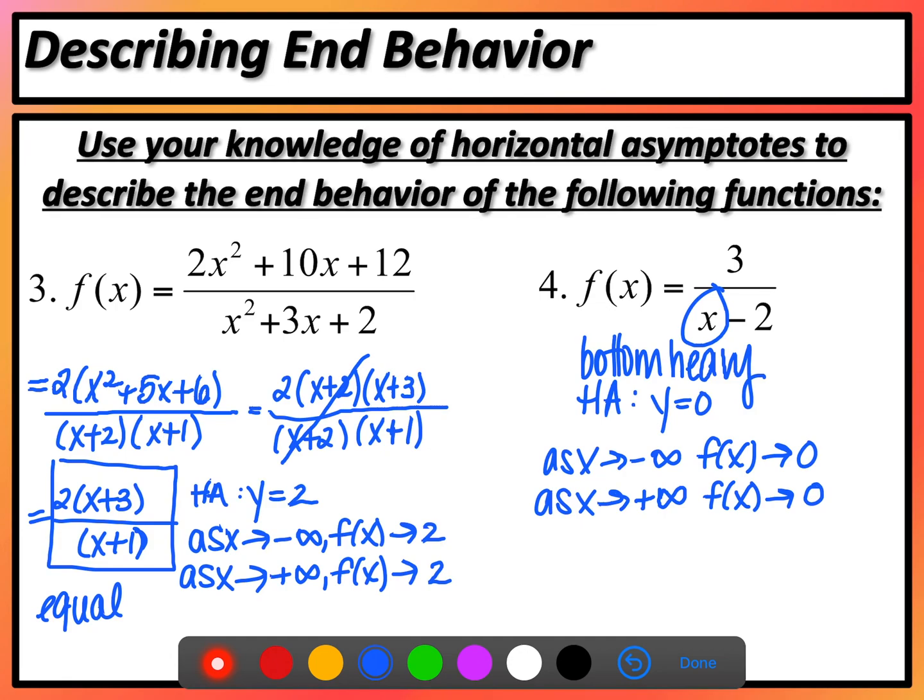Okay, so that is everything you need to know for end behavior with horizontal asymptotes. Please make sure that your notes are complete and you write down any questions that you